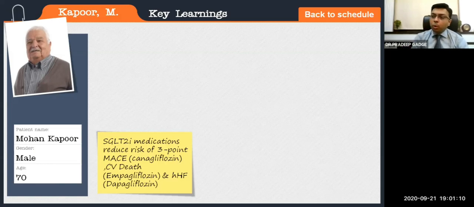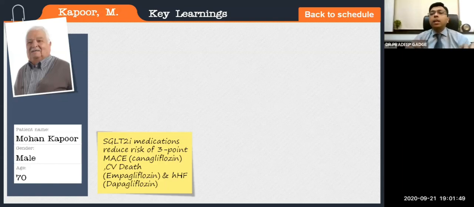Again, one more thing which is important to understand is as your creatinine starts increasing, the sugar lowering effect of SGLT2 inhibitors will be lesser and lesser, will go on waning. So say a person with normal creatinine will respond very well to gliflozins. A patient with say 1.5 creat will not respond that well, and a patient with 2.5 creat will still respond poorly. I mean, there won't be any major effect on the glucose control. So as the creatinine goes on increasing, the glucose lowering capability of the drug goes on decreasing.